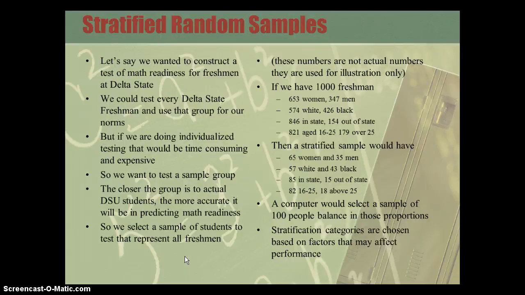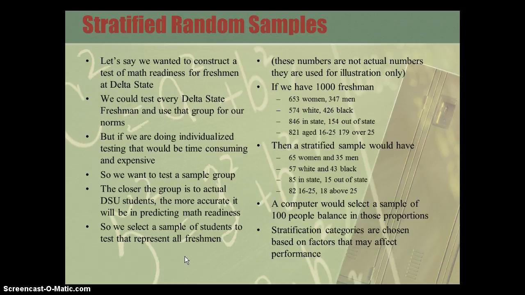So the stratified random sample, if we were going to use 100 students, then we would have 65 women, 35 men, 57 white, 43 black. You see where you get this. So what we do is we would plug into a computer program that we wanted 65% women, 57% white, 85% in-state, 82% in the age range of 16 to 25, and the computer would select a sample of 100 people